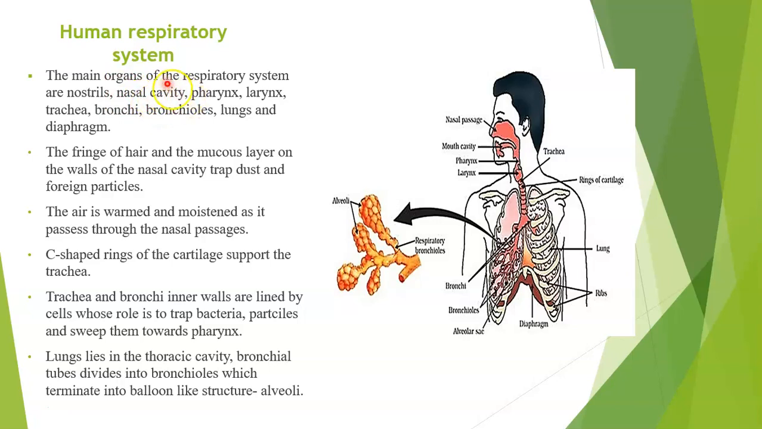Okay, and nasal cavity leads to pharynx, then it leads to larynx. Okay, larynx, and then it leads to trachea. Now as you can see in this figure, the trachea will be protected by a ring. Okay, so ये जो ring होती है ना,